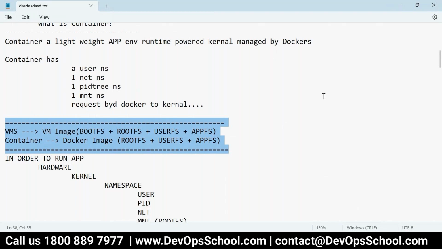I started Docker from 2015, and then I got the concept clear by 2017. But I'm not saying you have to spend so much money and so much time, because at that time very few resources were available to learn. But here, after this session, maybe some of the things you did not understand,